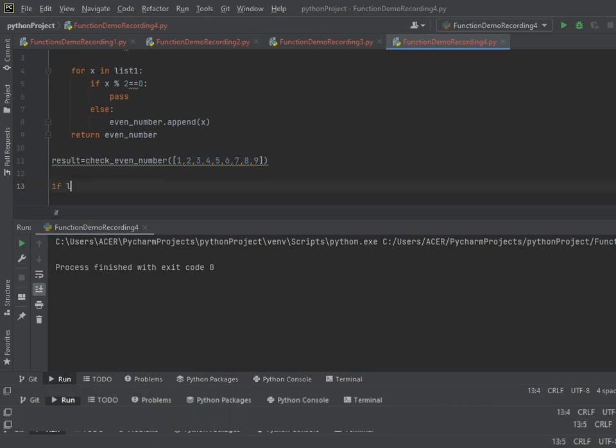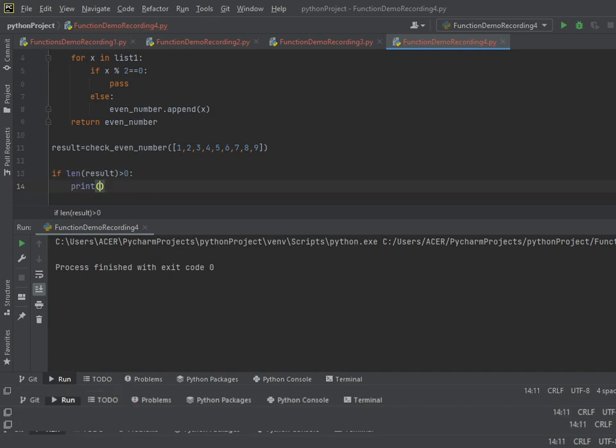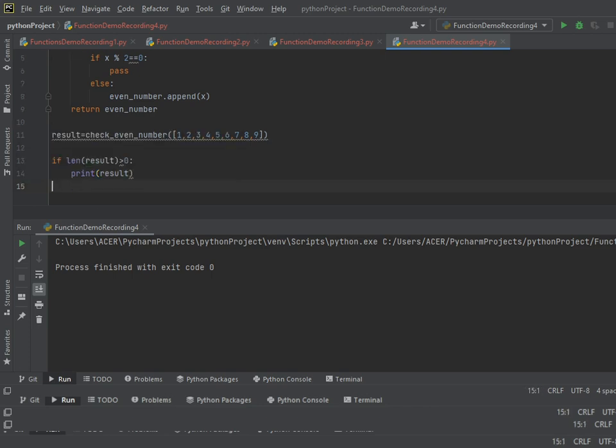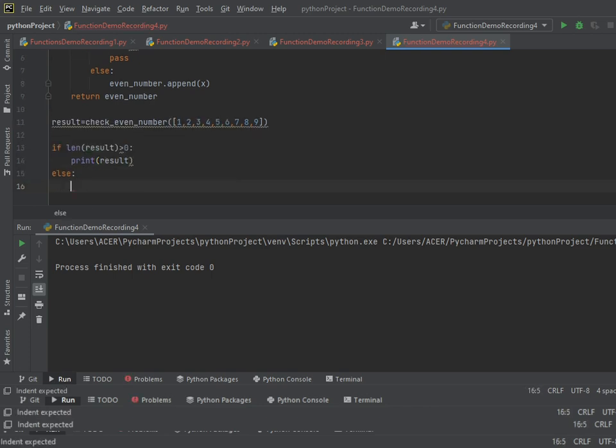Here I'll give if length of result is equal to 0, then print no even number found.